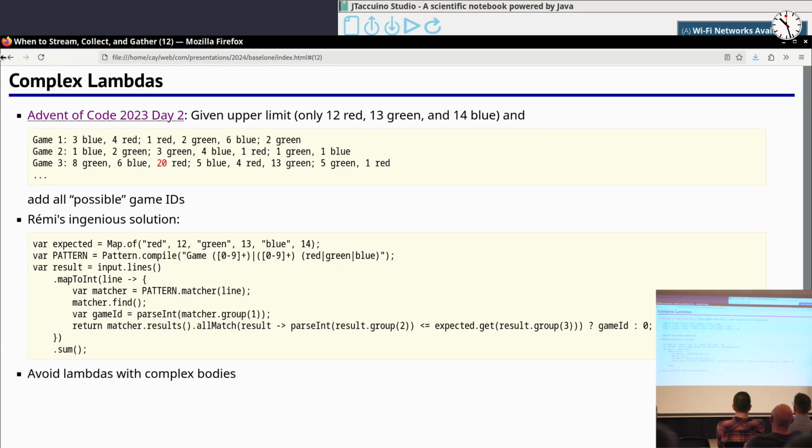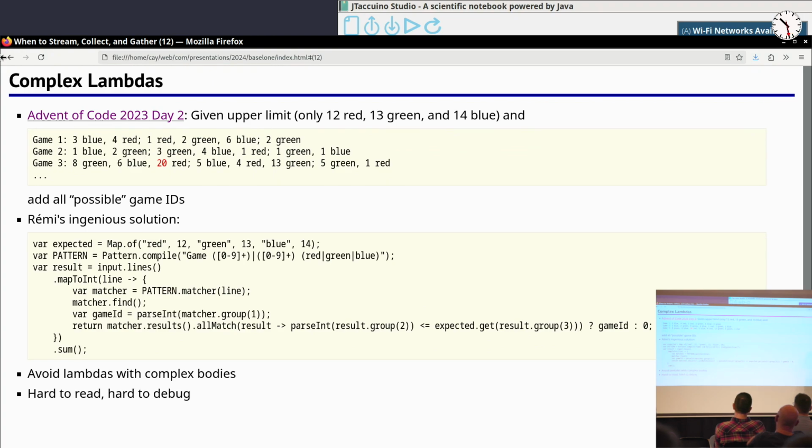And the reason for this is that if you look at it, you have a map to int here, and then inside here you have another nested stream. And so generally my feeling is when you find yourself with these multiple nested lambdas, then that is probably a reason that things should be simplified. And also if you find yourself writing a loop inside a lambda, that's probably also a good reason to go back and say, can I simplify that?